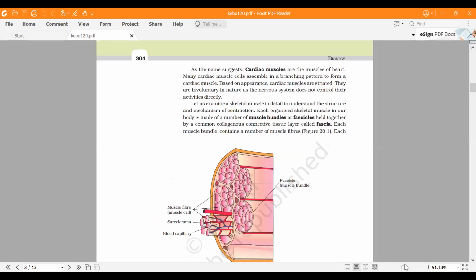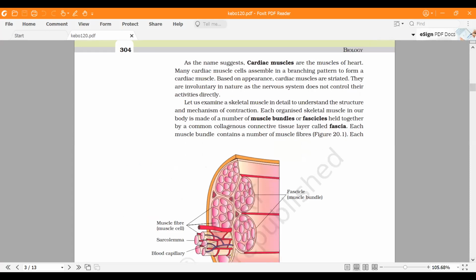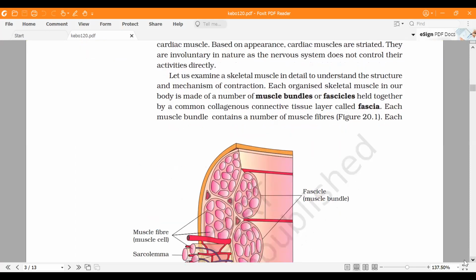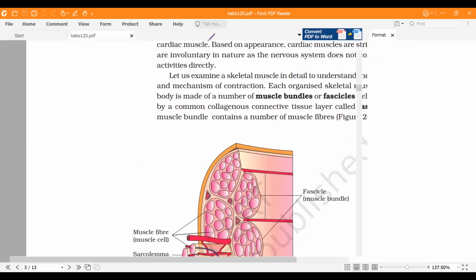Okay, so we will talk about the structure of the muscle fiber. The structure which we are going to discuss is mainly of the skeletal muscle fiber. But before we start with the different bands and the structure, you should know that